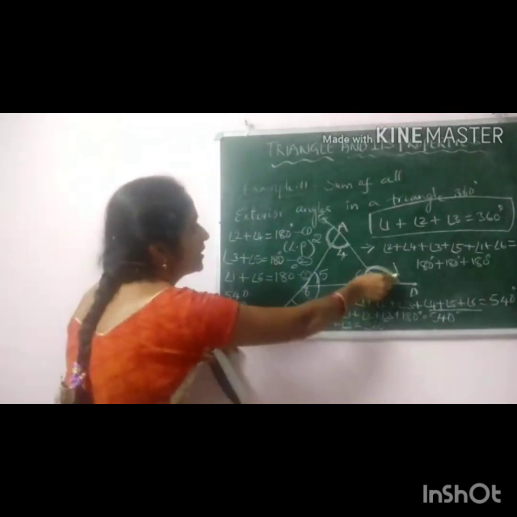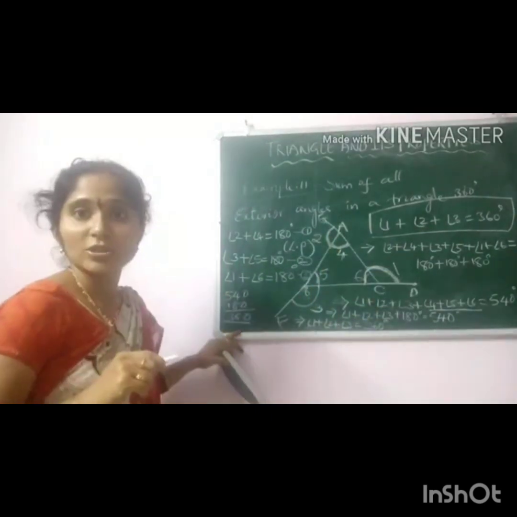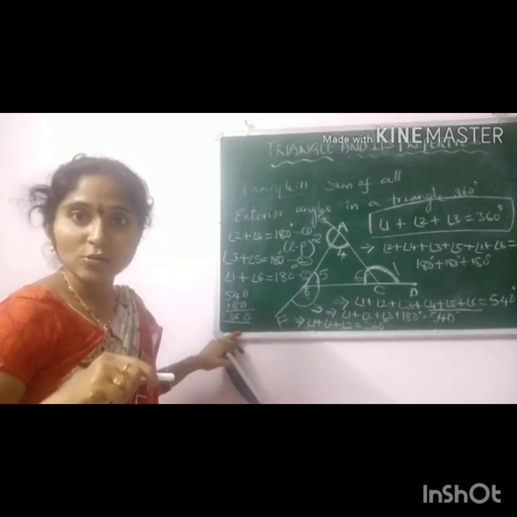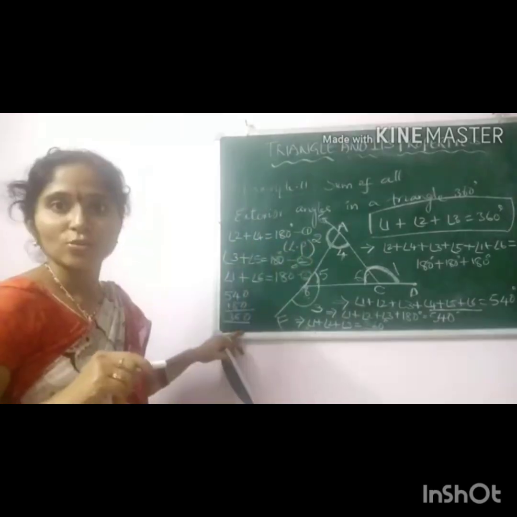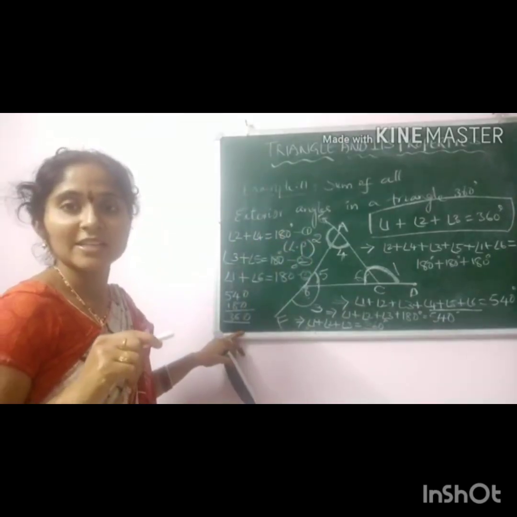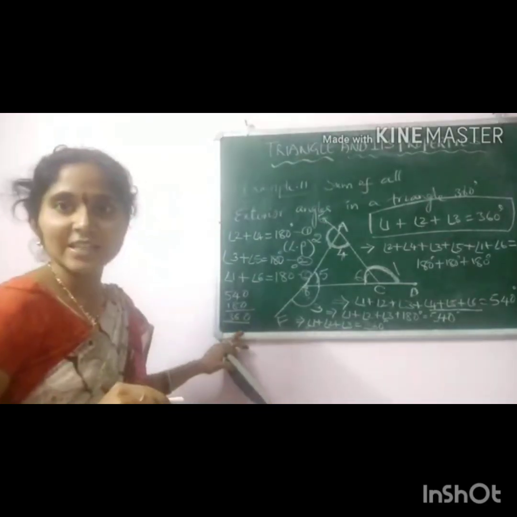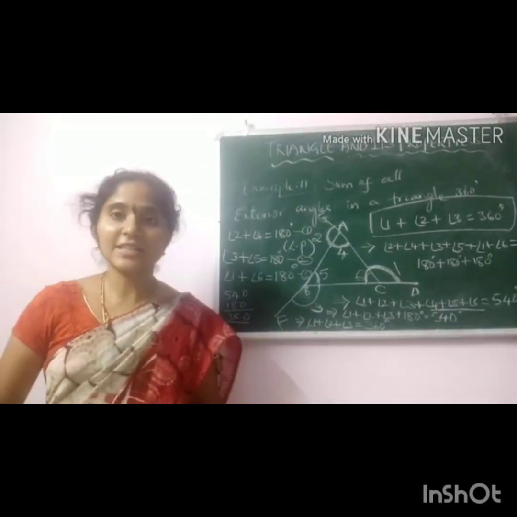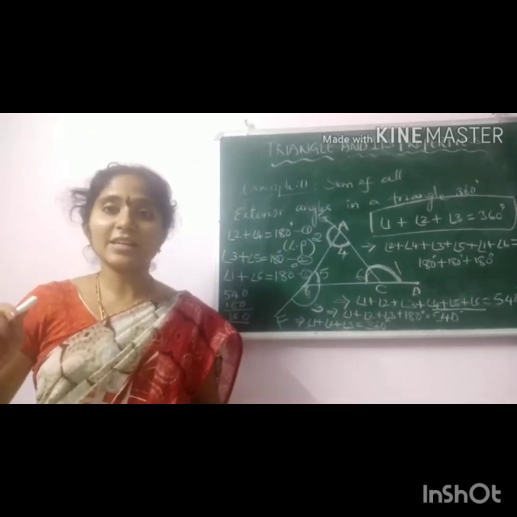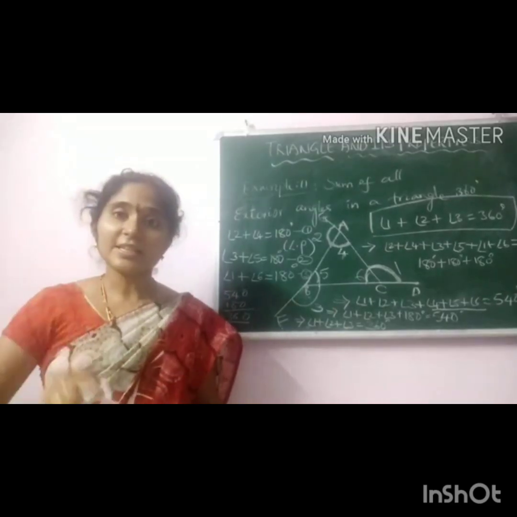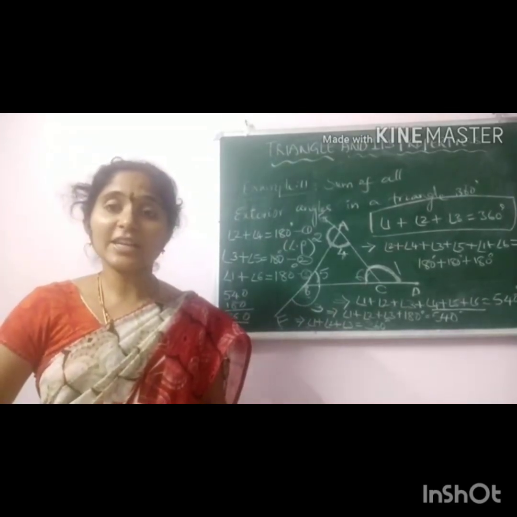What are angle 1, angle 2 and angle 3? Those three are exterior angles of a triangle ABC. So the exterior angles of a triangle sum to 360 degrees. Do you know, children, in a circle, in total how many degrees are there? 360